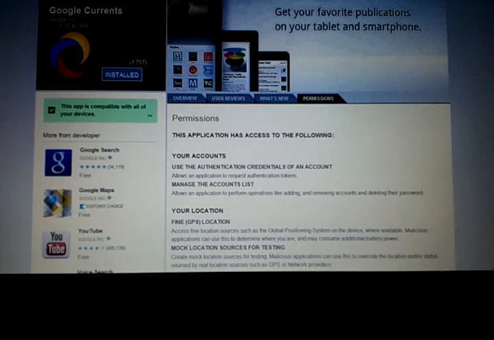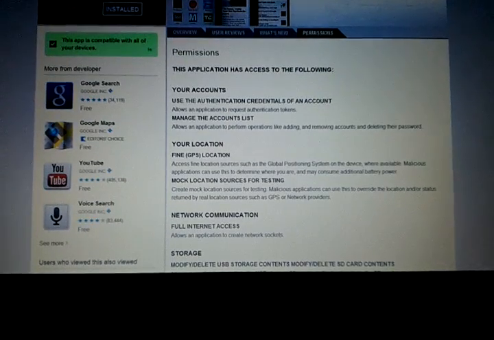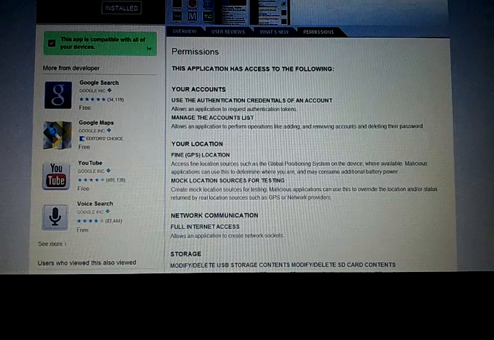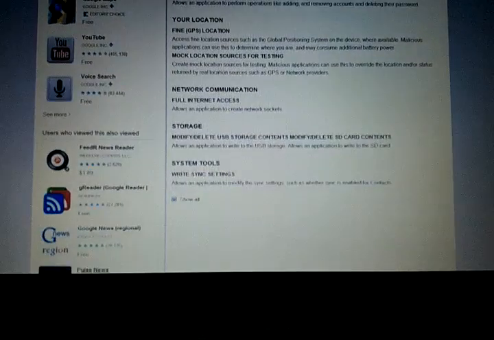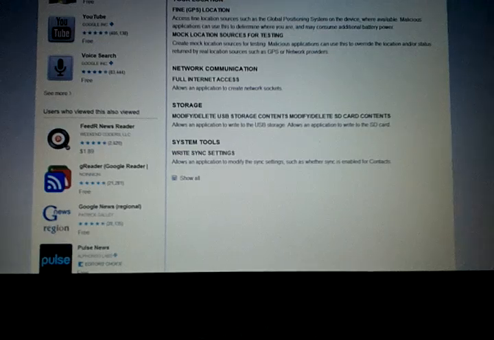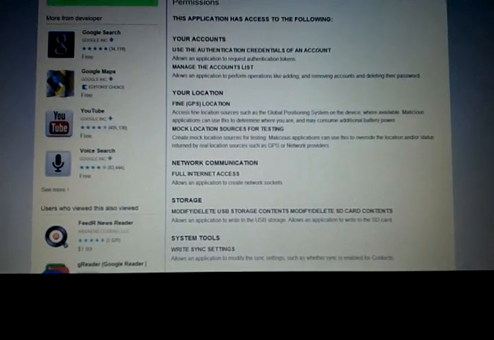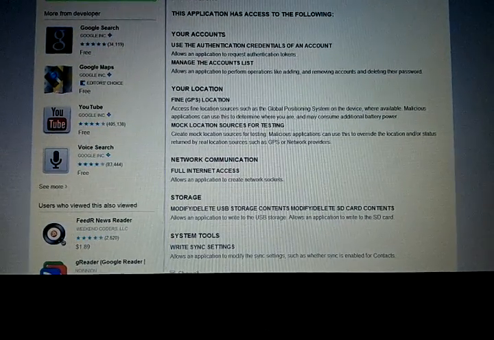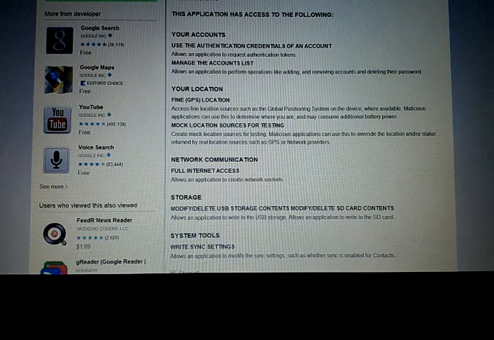So here with Google, which is pretty much the company that puts out the Android OS, as you can see, it has a fair amount of permissions here. But what you want to look at is what it is trying to get permission to. As you can see, it wants to see your accounts, so it wants to authenticate your credentials, which is fine.